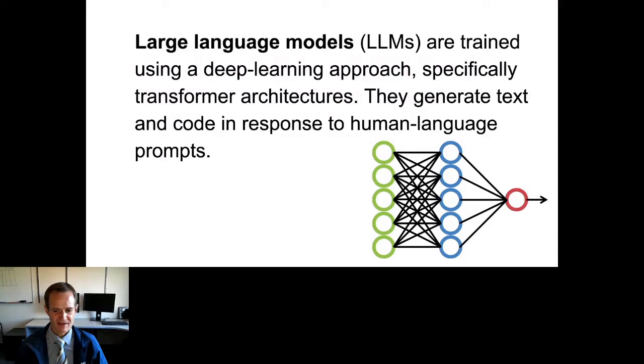Okay, so as happened for all of you about a year ago, I started hearing about large language models, ChatGPT, and just to give you a little background on those in case you are not familiar with them, these are models that are trained using a deep learning approach, specifically transformer architectures, and they generate text and code in response to human language prompts. So hearing about this and talking to some of my students who had played around with it, I started to think, what does this mean for this course that I teach, where I'm teaching Python? What if ChatGPT can just solve all of these problems for them? And what does that all mean for me going forward?